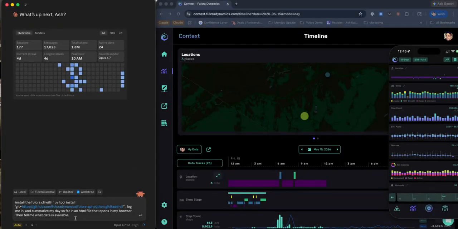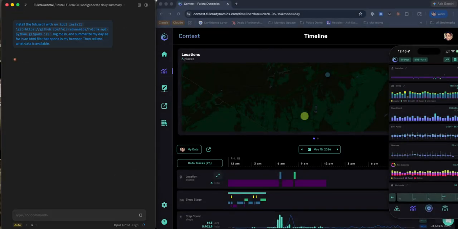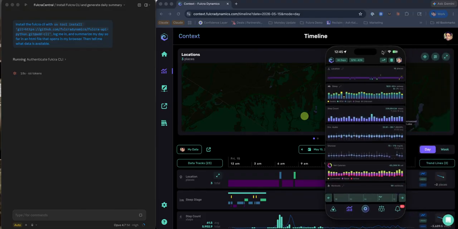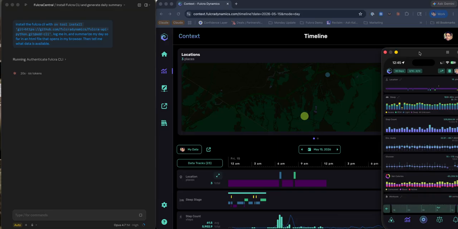This is a quick demo of the Fulcra CLI tool. I've just told Claude to install it and log me in and give me a summary of my day so far. My data is being collected from a bunch of sources, including from the Context app, which is running on my phone, and getting my location, calendars, and a whole bunch of other stuff, but you can use any type of data that